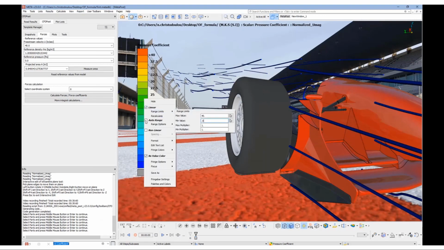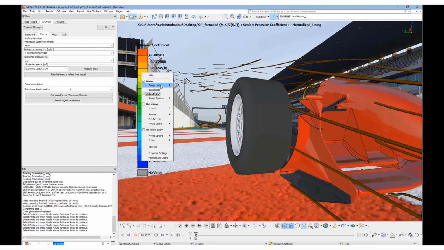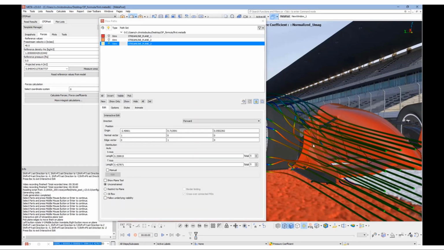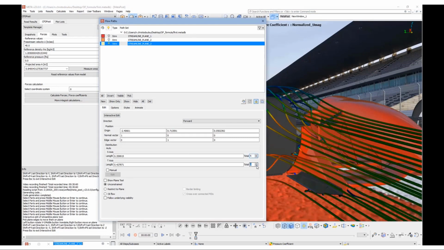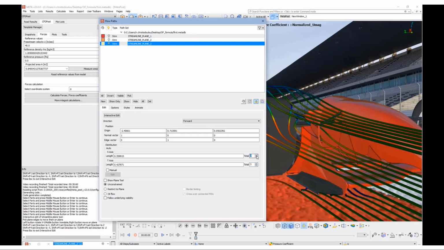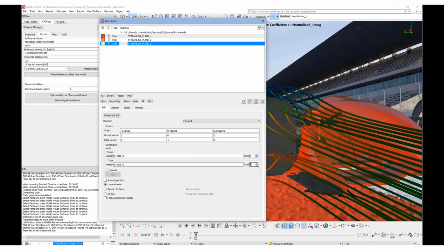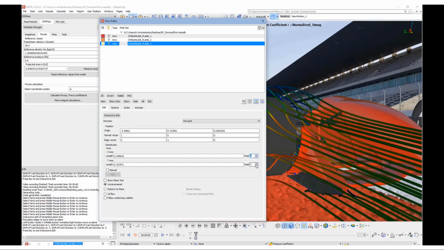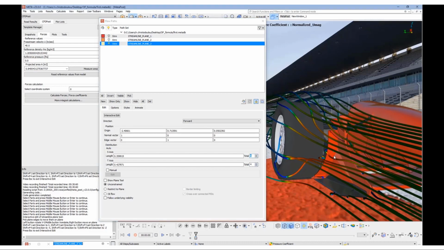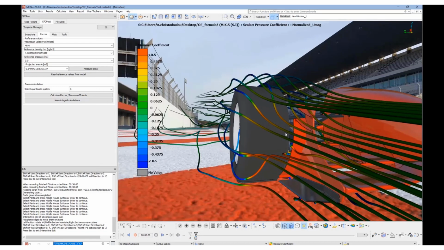Adjust the range accordingly. Let's change the number of streamlines. We can hide the fringe bar. And we're ready to capture the cover image.